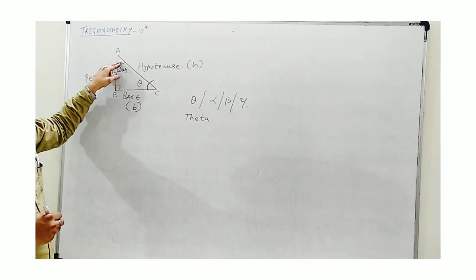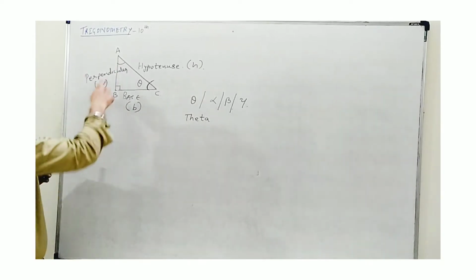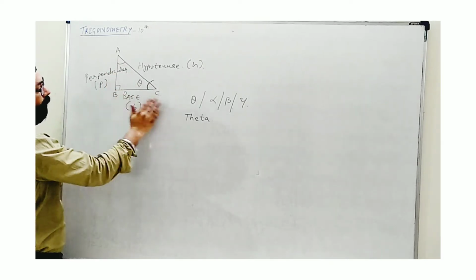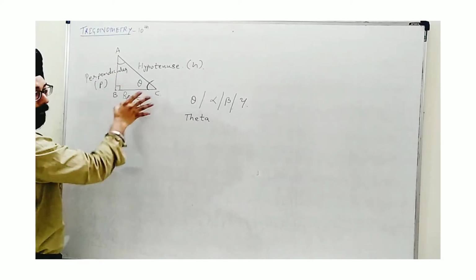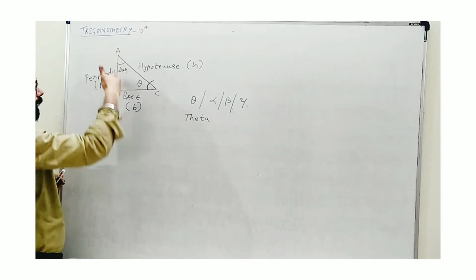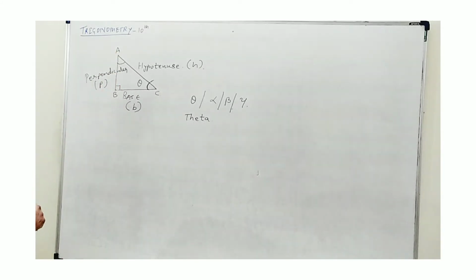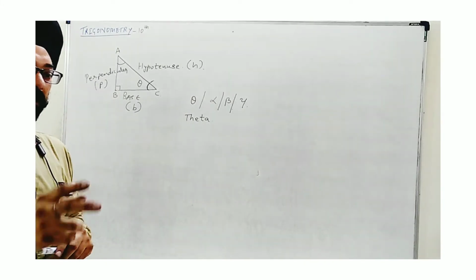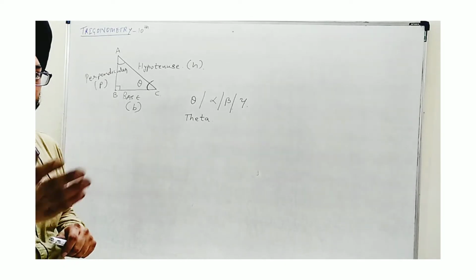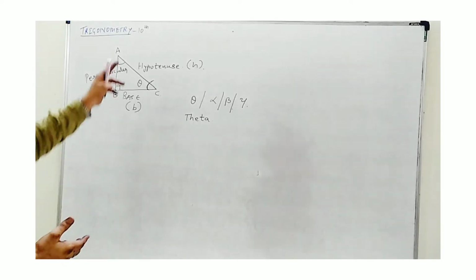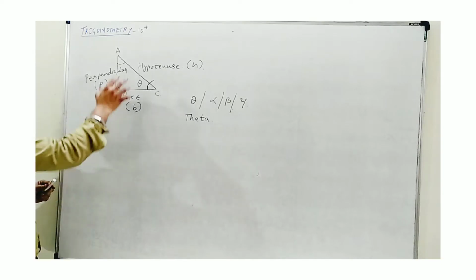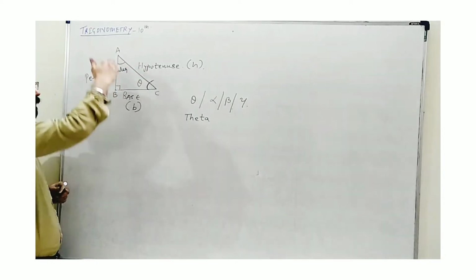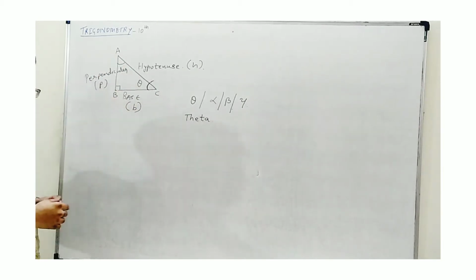But suppose I change the acute angle, and I consider my position is at A. Then with view from A, I will find BC to be a vertical tower. So this will become perpendicular, and that time AB becomes base. It means if you change the acute angle, the sides which we considered base and perpendicular are interchangeable. But hypotenuse will still remain as it is, because by definition it is the opposite side of 90 degree, the slant side actually, not slope I should say.